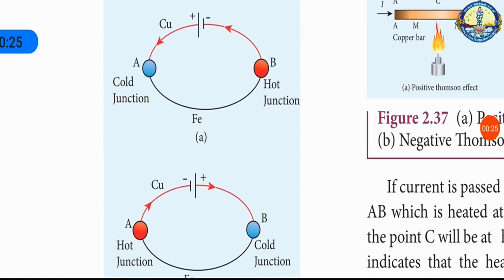In the copper ferrite thermocouple, the junctions A and B are maintained at the same temperature. Now the current from a battery flows through the thermocouple. At junction A, where the current flows from copper to ferrite, heat is absorbed and junction A becomes cold. At junction B, where the current flows from ferrite to copper, heat is liberated, so it becomes hot. When the direction of the current is reversed, junction A gets heated and junction B gets cooled. So hence the Peltier effect is also reversible.